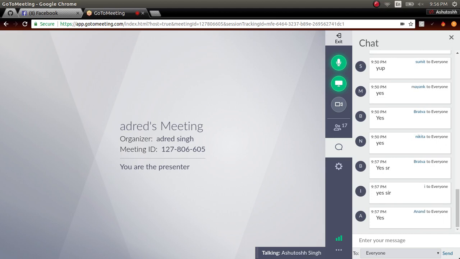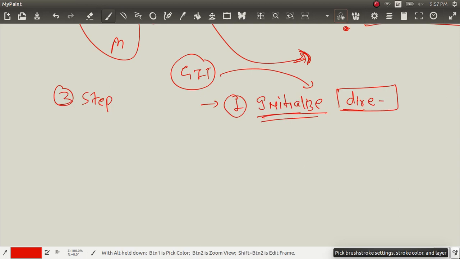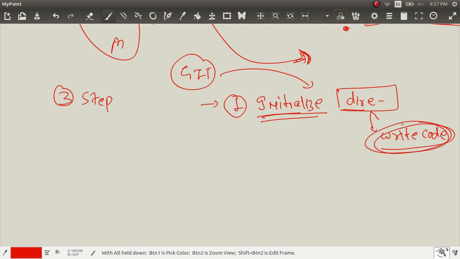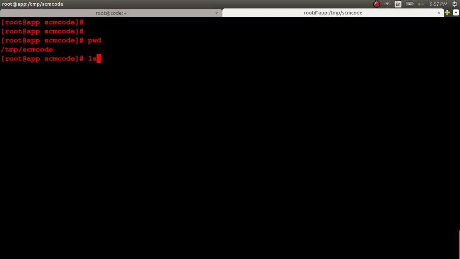Alright, fine. Now the second thing is to write code, right? Whatever you want to do, start writing code. Fine. Now I'm a developer of many different languages, but as of now I'm writing code in the PHP language. So I'm using abc.php